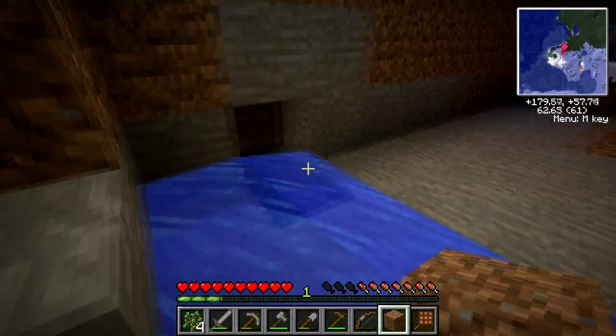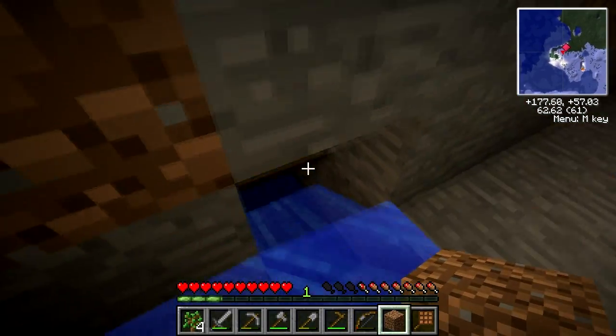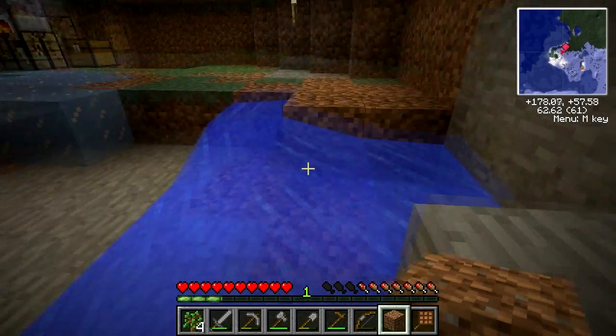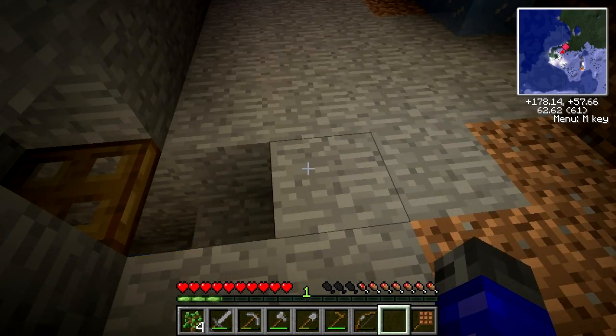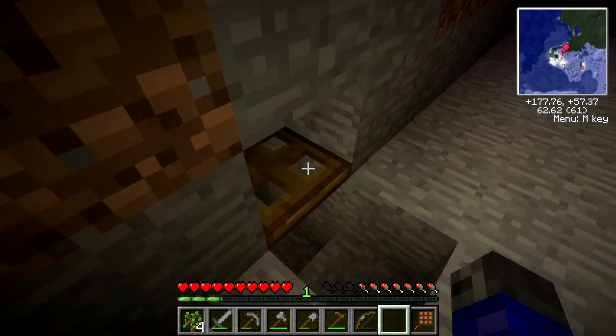Oh, another good thing about using this trapdoor... Oh, wait, nope, doesn't do that. Doesn't stop that from flooding. That would have been cool. I guess I could put it... If I put a block here and I put the trapdoor...